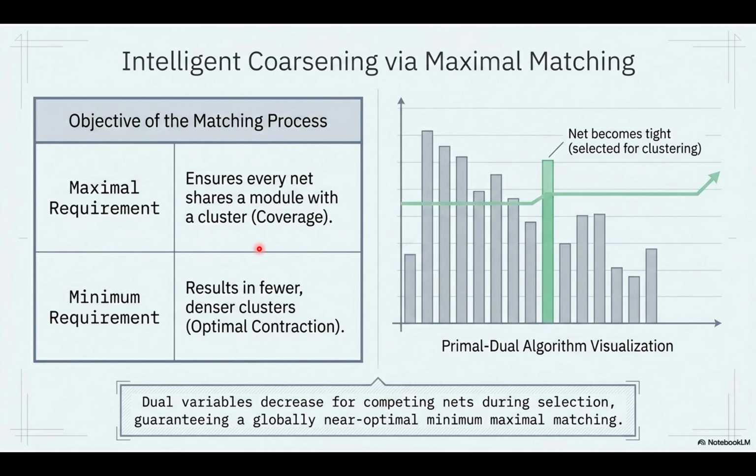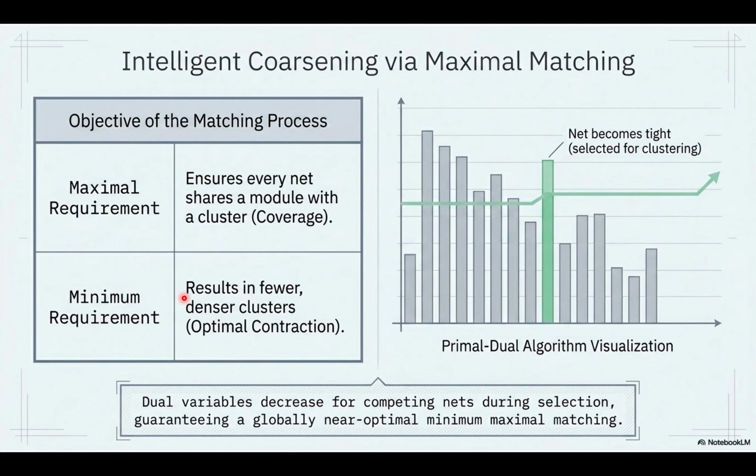Oh, because fewer clusters means it dictates that the clusters are denser, they encapsulate more highly connected modules. This aggressive contraction creates a vastly superior macrostructure for the FM algorithm to evaluate later. Okay, the theory tracks perfectly, but how do you systematically find the sparsest maximal match without just brute forcing the